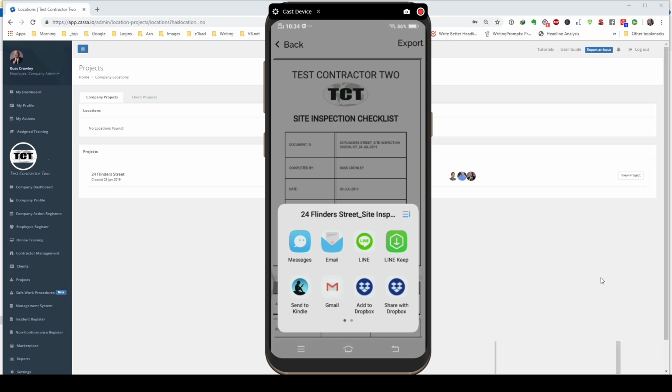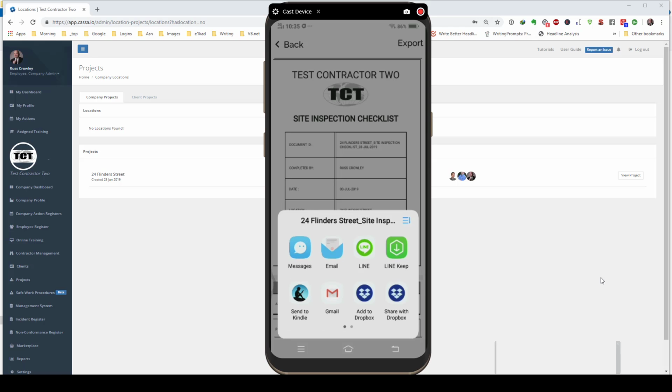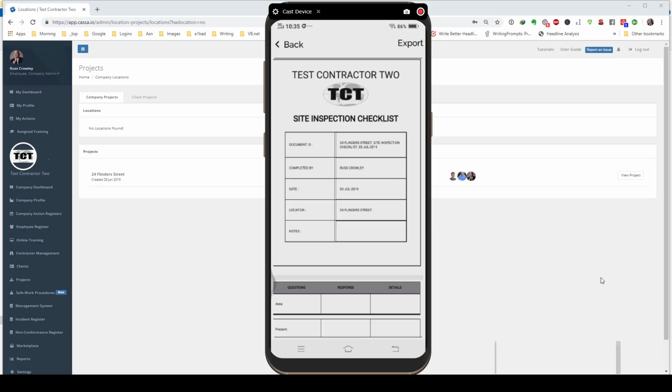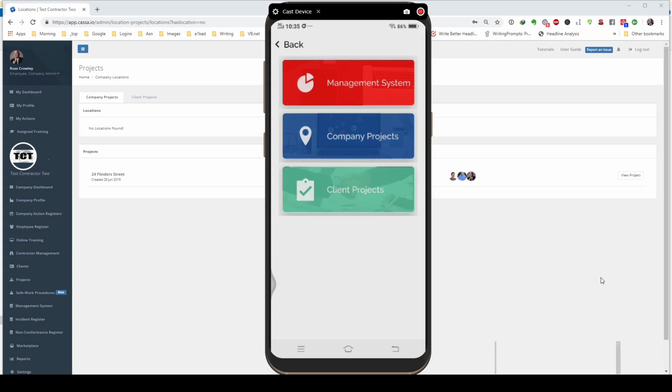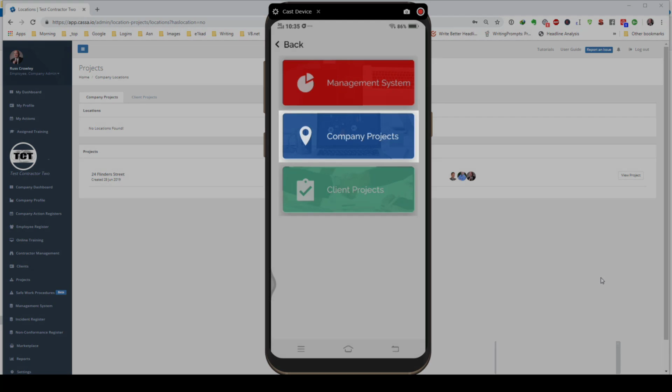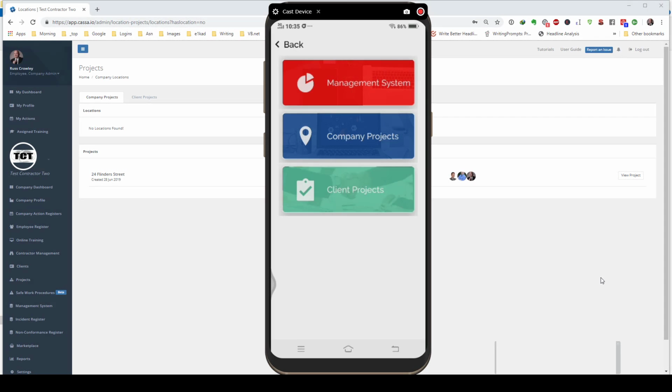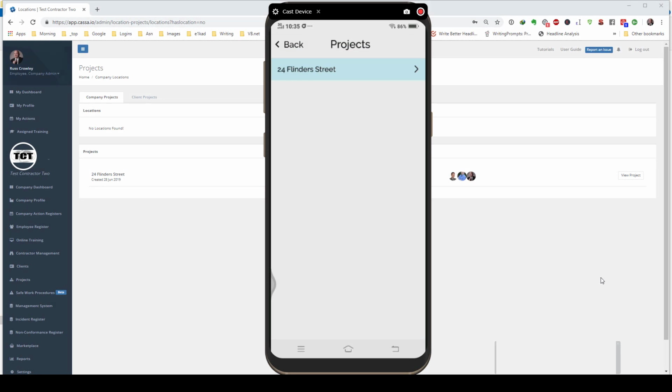So I'm going to go back to my previewed form, and I'm going to export and actually export it to the CASSA system. And we get three options: Management System, Company Projects, and Client Projects. Now you can pick whichever one you want, but for the purposes of this, it's going to be a company project. So I click on Company Projects, and then straight away it takes me into the listed projects that I